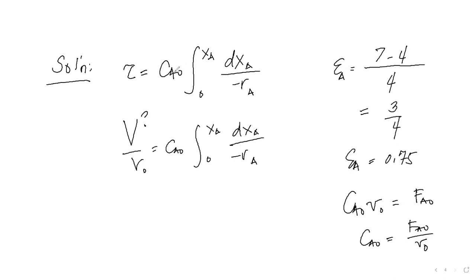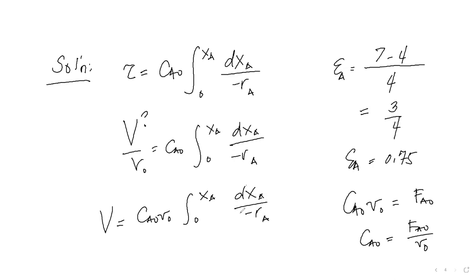So actually, the problem is asking for the volume, not asking for the space-time. So since it's not asking for the space-time, then we might as well express the space-time here in terms of volume and see what the corresponding expression would be resulting from it. So if I will have an integral that will be solving for volume, I will have something like this, which will not require me anymore to express the CaO in terms of what I'm provided with, which is the molar